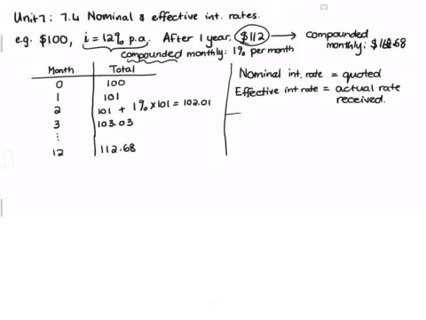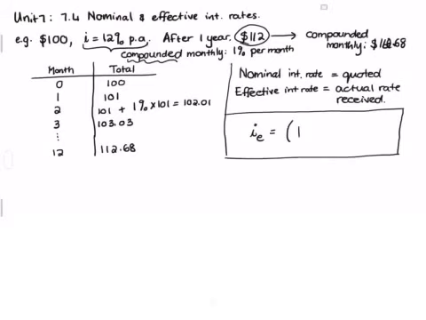So here's your formula to get from the one to the other. So if you want your IE, which means effective interest rate, you don't need to have the amount, and you always just work it out over 1 year. That is 1 plus your nominal, the quoted, over m, to the power of m, with a separate minus 1, where m